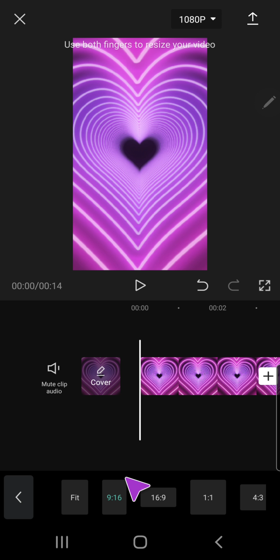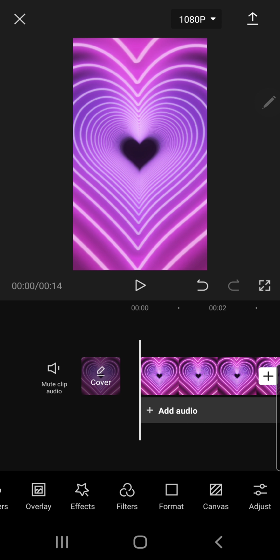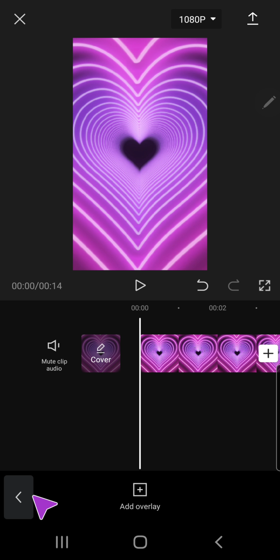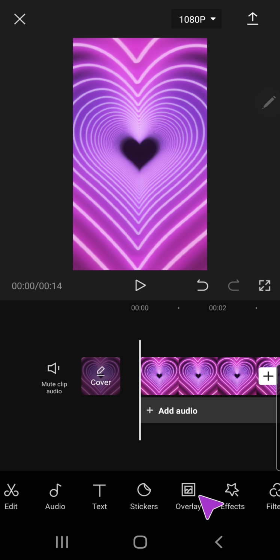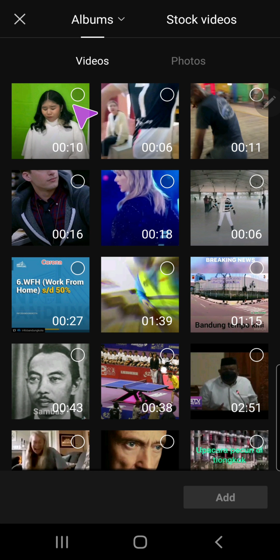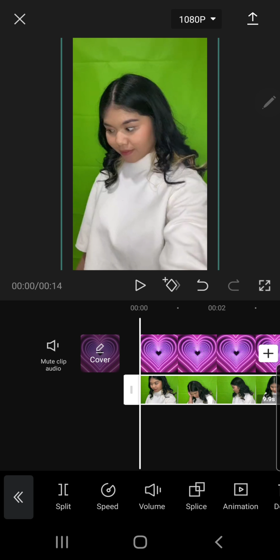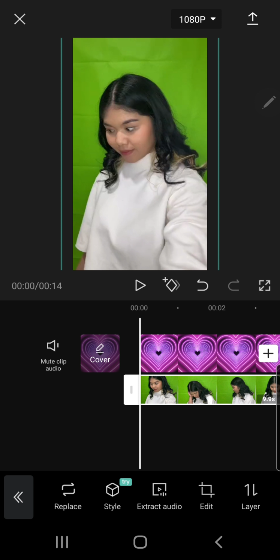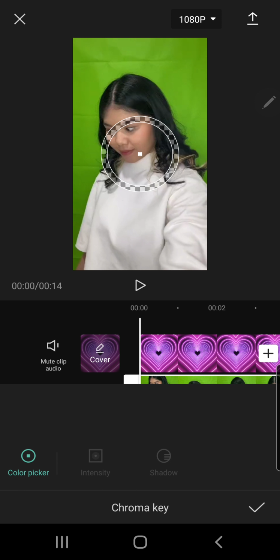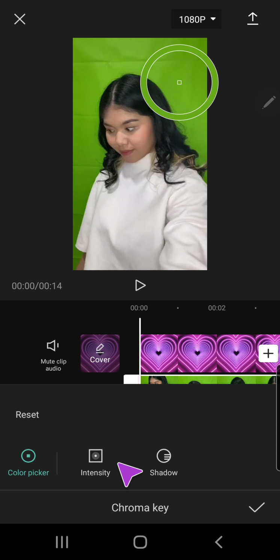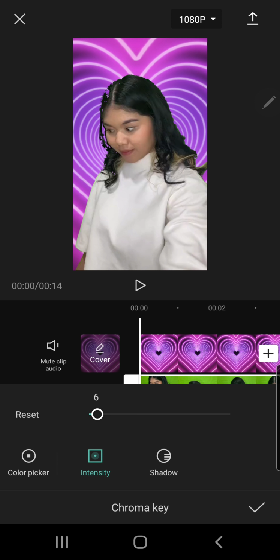Okay. Then I'm going to go back and add an overlay. So again, go back to the home page, go to overlay, add overlay, and I'm going to select a foreground video with a green screen. Okay, then I am going to press Chroma Key and select the green bit and intensity around this much, and